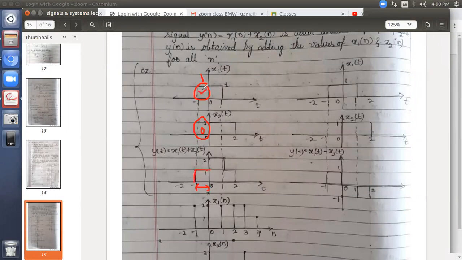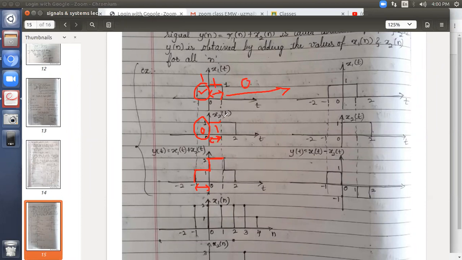It is similar to this. Now coming to the next block, between 0 and 1, amplitude is 1. Here also if you observe, between 0 and 1, amplitude is 1. So 1 plus 1, it is 2. Hence, this is your 1, this is your 2. So it is throughout this one complete time. Hence, just take a step. Here it is complete throughout, between 0 and 1, it is 2. Now coming to the other part, you don't have any signal here in the first signal, so take it 0.